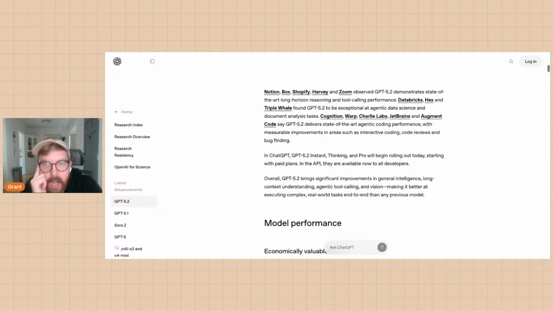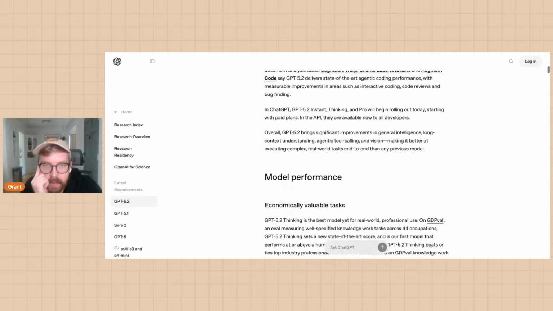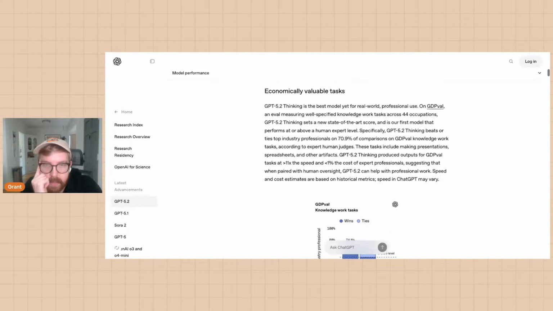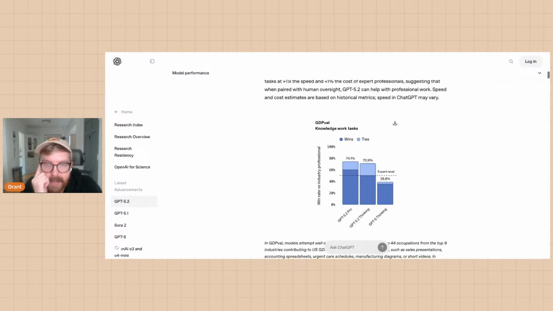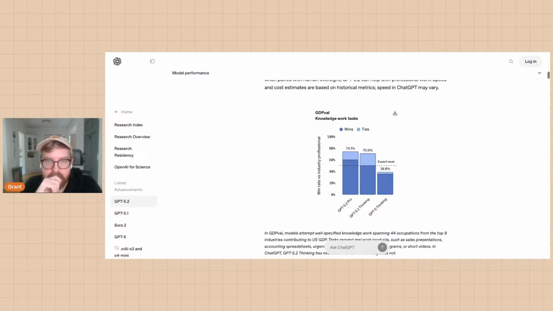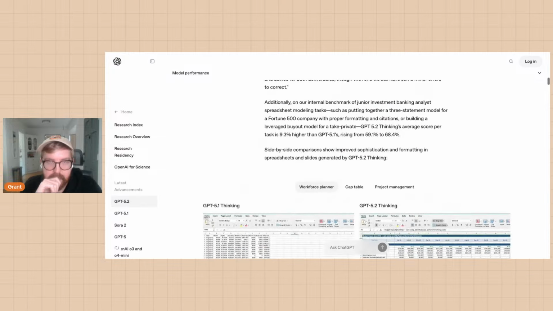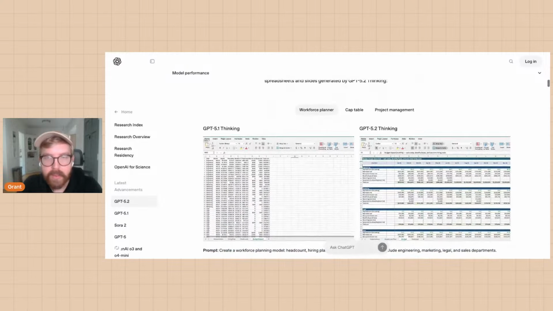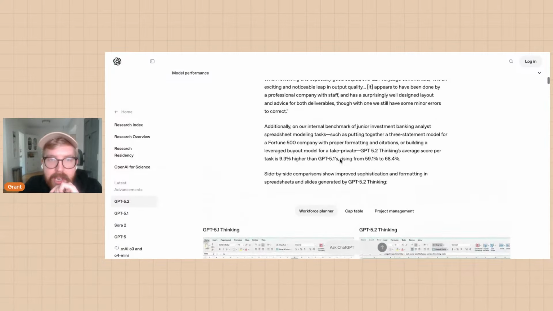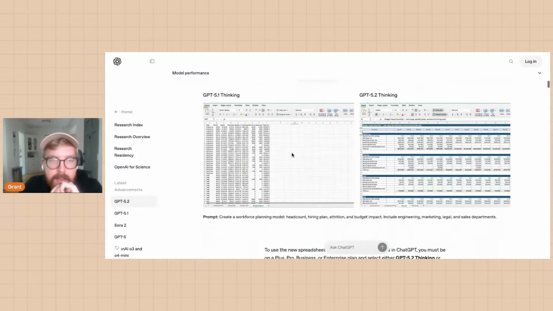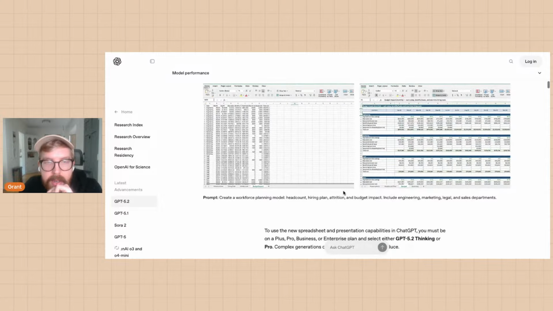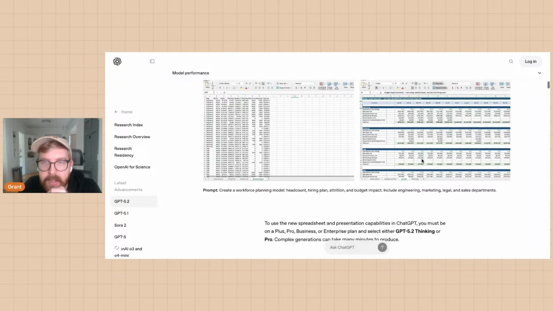Okay, they've got a lot of customers using it. Good for them. Economically valuable tasks. This is showing its ability to create spreadsheets comparatively, specifically a workforce planning model: headcount, hiring plan, attrition, budget impact.